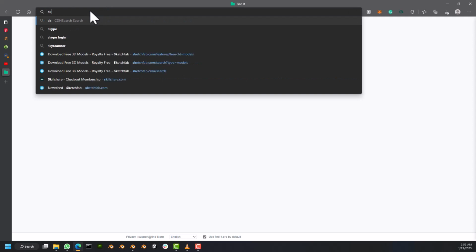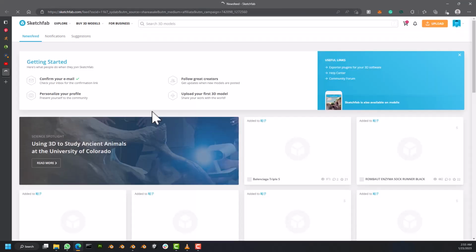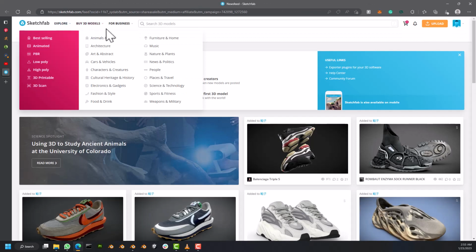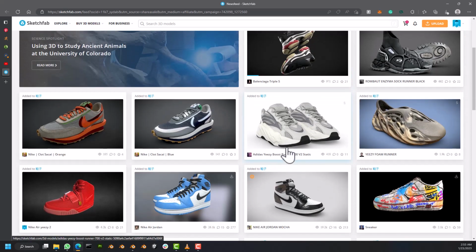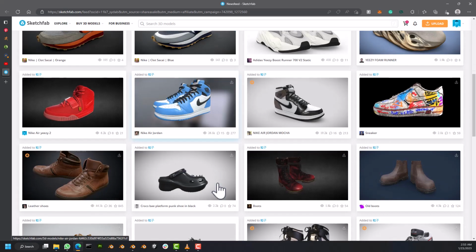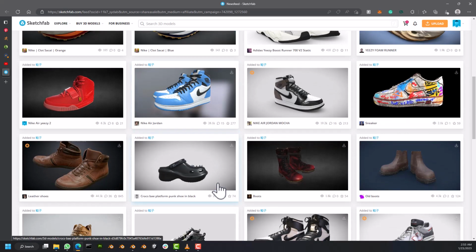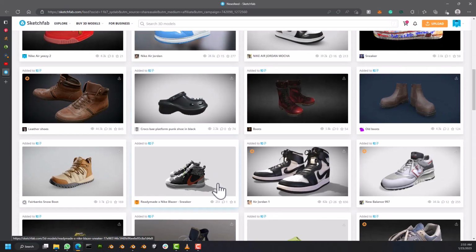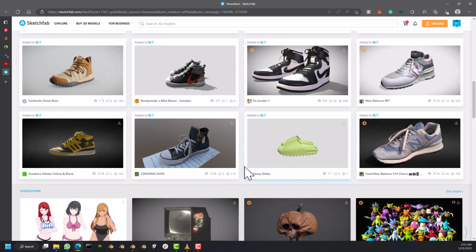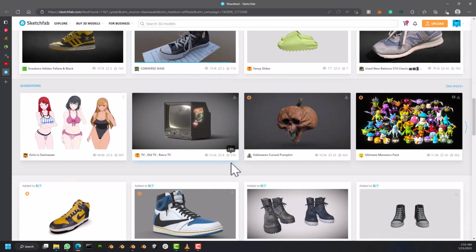There was Sketchfab. Here at Sketchfab, you can come and download 3D models. Even if you have the money, you do not have any business buying any 3D models right now. I do not recommend it, especially as a beginner. Do not buy. Learn to create yours. You can create and sell here if you want to, but I highly recommend you